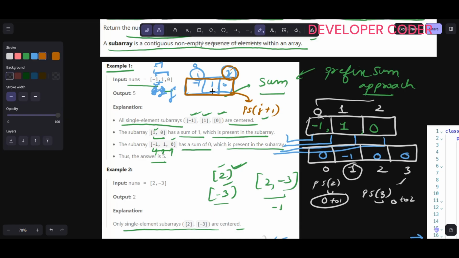Prefix sum of 3 stores the 0 to 2, right? So here this is 0, this is 2. So prefix sum at 3 is just going to store all the elements, right? Now after that, from this I have to subtract